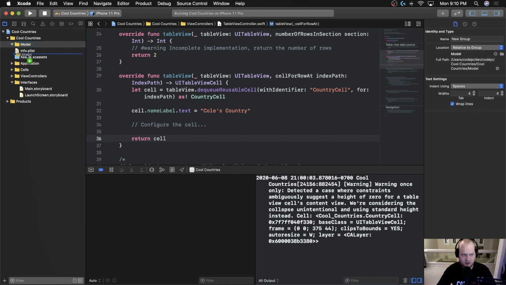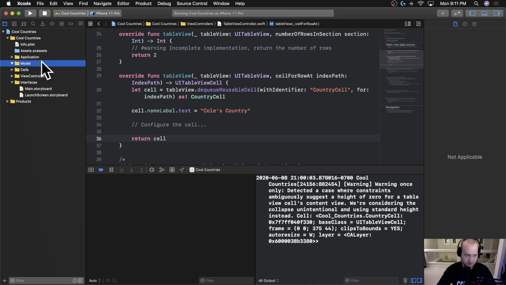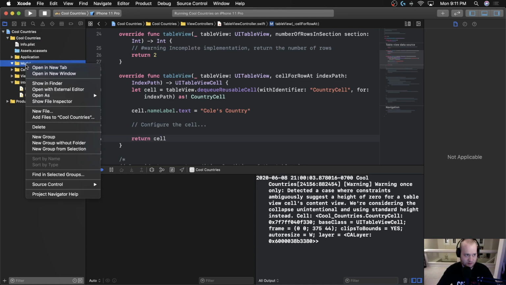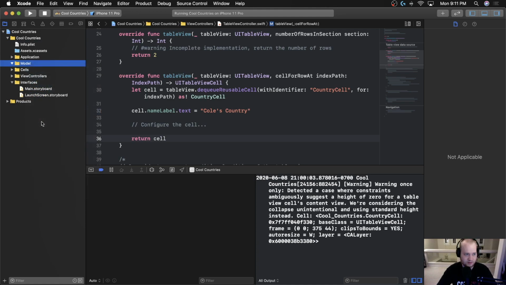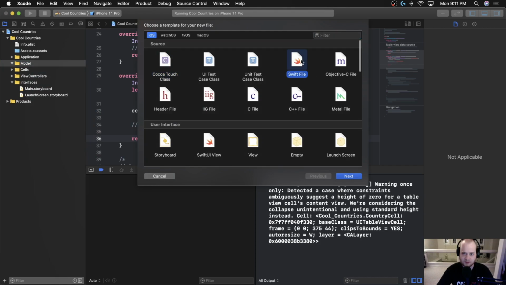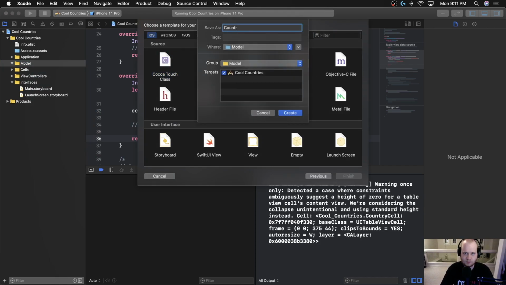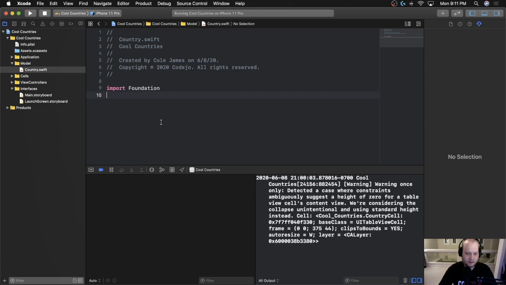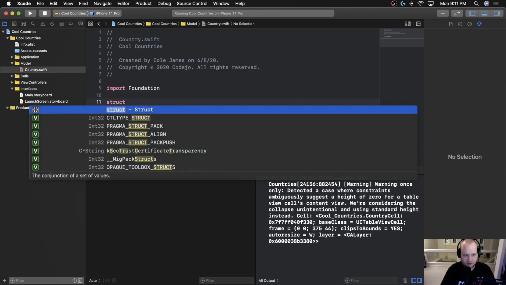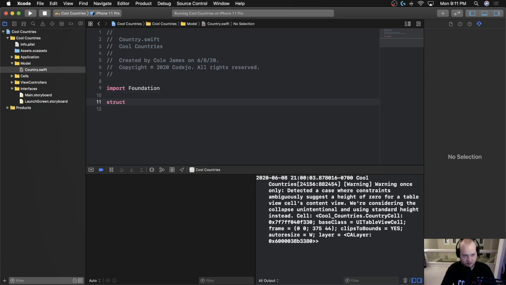And this is a pretty common group or folder to have in your application, because in a lot of applications, especially bigger ones, you're going to have a lot of different models. In this one, the only thing that we're actually going to worry about is the country, but let's go ahead and do that now. So let's create the model group, and then let's create a new file. It's going to be a Swift file. We're going to call it country. And we're going to create a struct just by putting that little keyword there, and it's going to be called